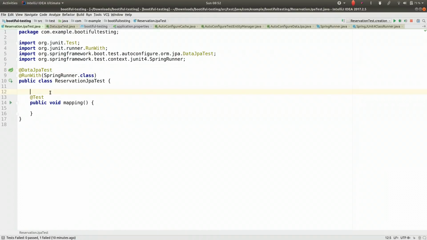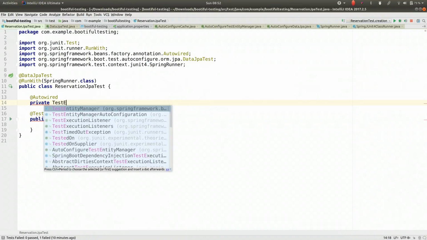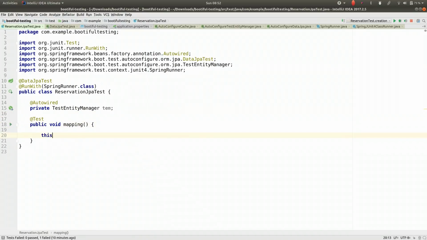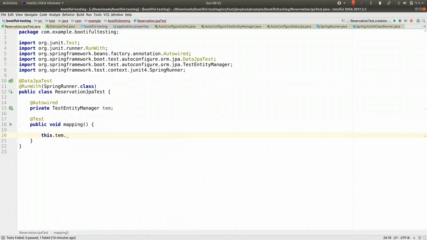So here we go. We've got our mapping. I'm going to auto-wire the Test Entity Manager. Right, TEM, there we are. And we're going to use that Test Entity Manager. We're going to say this.tem, and we're going to call persist, flush, and find. So this is going to be a threefer. It's going to write the record to our in-memory database, the test database that we have. It's going to flush the session, and then it's going to retrieve the record by its ID, all in one fell swoop. So we can prove exactly what we're trying to prove, which is that given a new reservation,